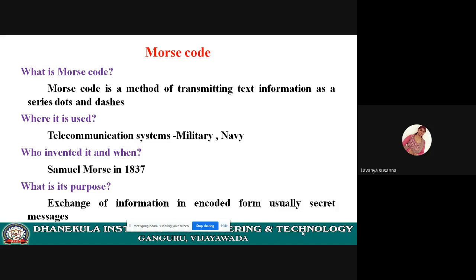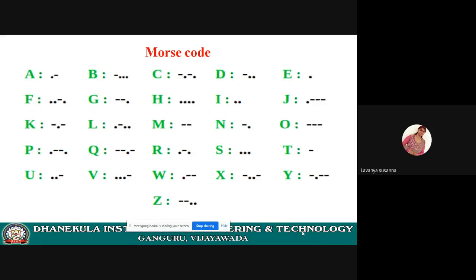If one person can understand the Morse code and the other person cannot, then communication will not be done properly. Only if both persons understand the Morse code can they understand what they are speaking. Remember, this communication is done using beep sounds. Each alphabet and digit is represented with these beep sounds only. Let us see the Morse code representation of A to Z.